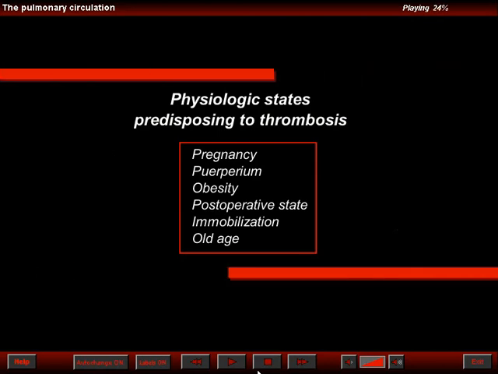Physiologic states predisposing to thrombosis. They include pregnancy, puerperium, obesity, postoperative states, immobilization, and